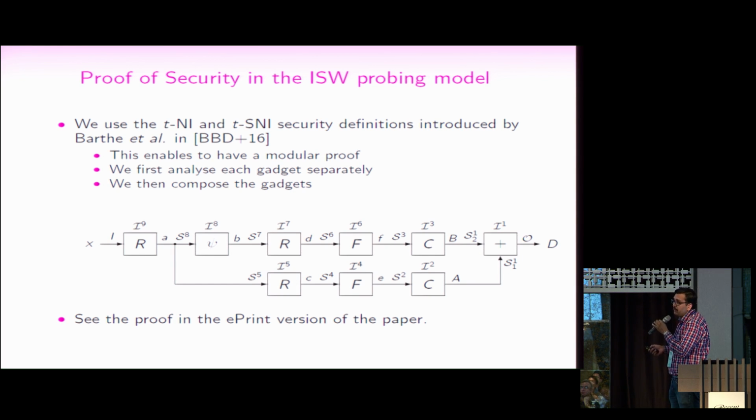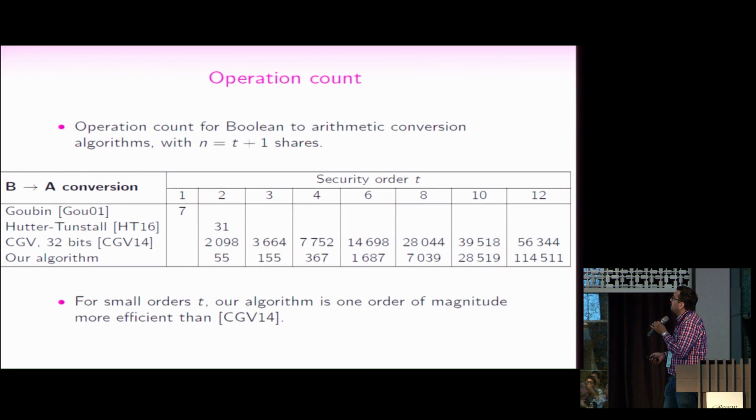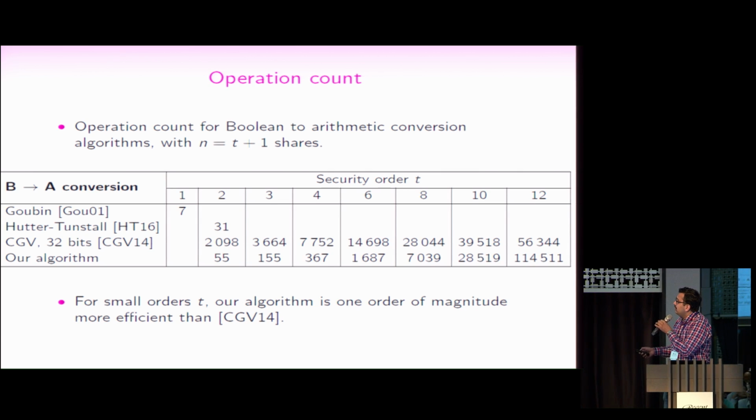I just would like to mention that these security notions would enable a modular security proof. We just should analyze each gadget separately and then argue about the security of the composition. So the proof can be found in the longer version on the ePrint archive. So here's the concrete count, and again we see that for low orders it's 1 order of magnitude faster than the previous